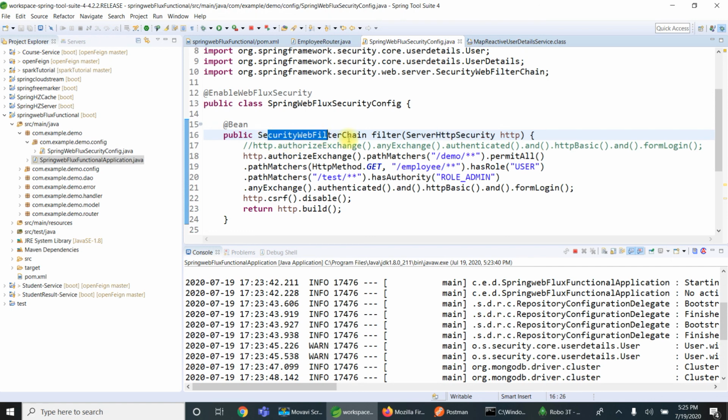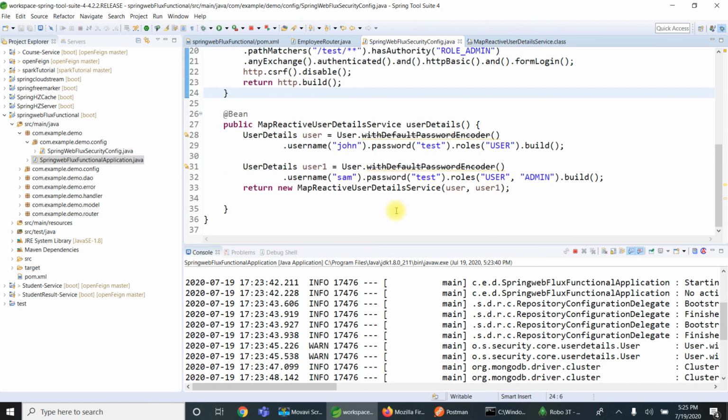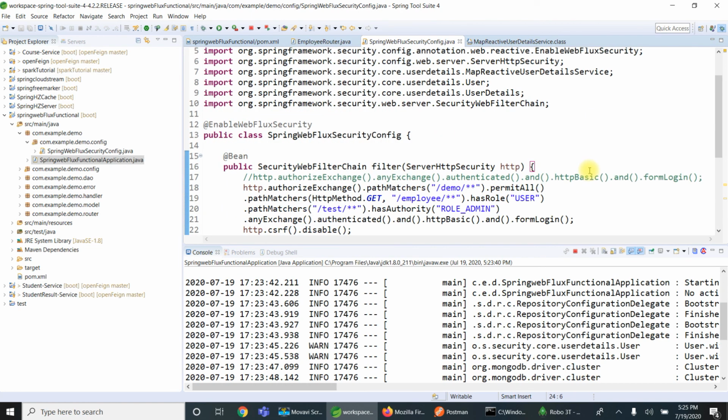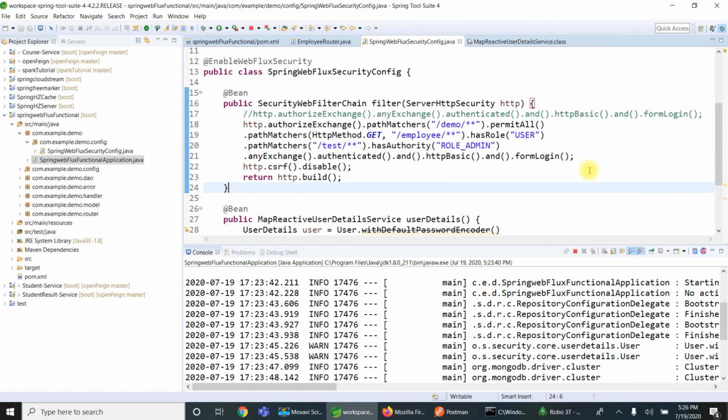Here it is the SecurityWebFilterChain. So most of the things are similar for WebFlux security and Spring security. Only the annotations, class names and interface names are different, but the process is the same.